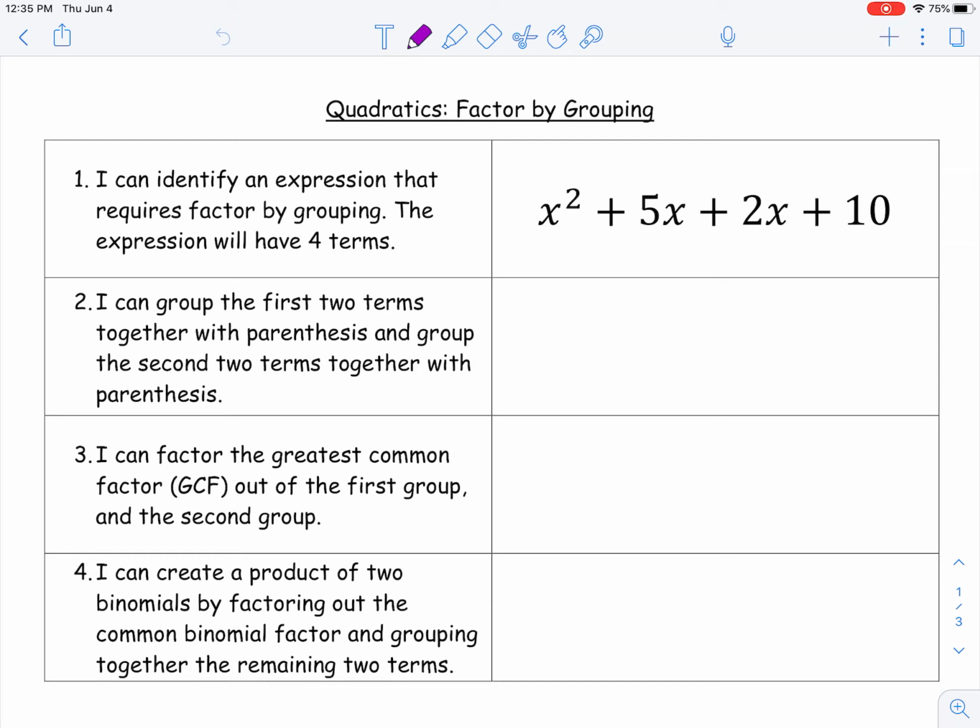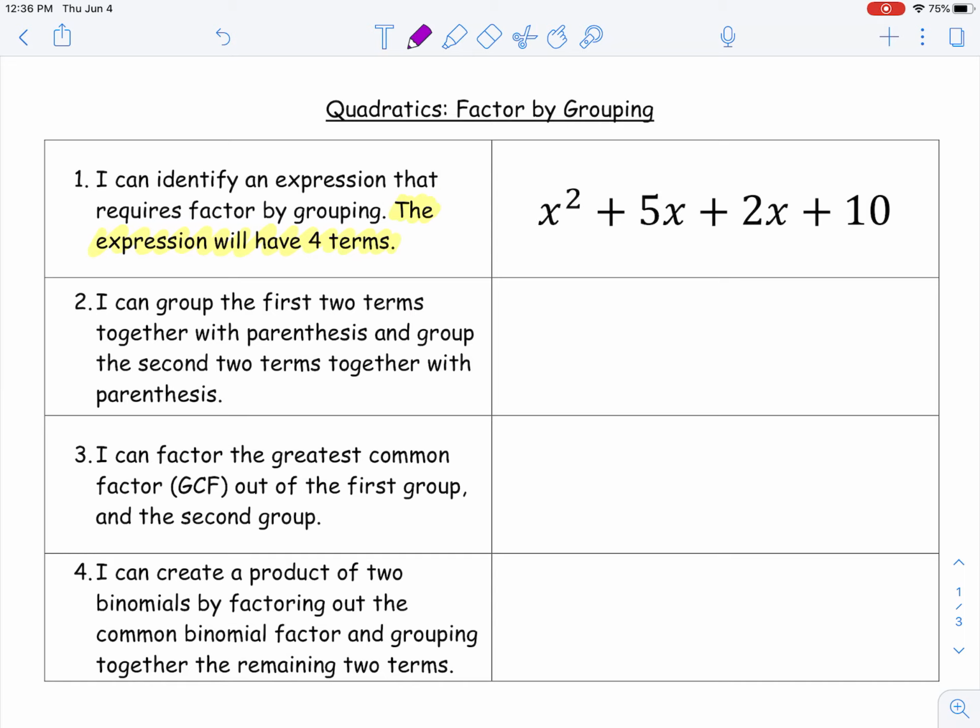So when we talk about factor by grouping, you need to be able to identify which type of quadratic you need to use factor by grouping on. So I've got your success criteria outlined here, and we're just going to highlight that if the expression has 4 terms, then we're going to use factor by grouping. Okay, so if you look at the example that I have here, we have 4 terms,